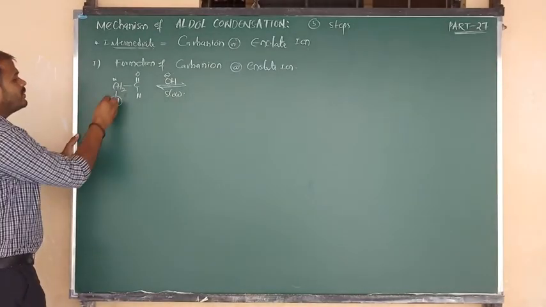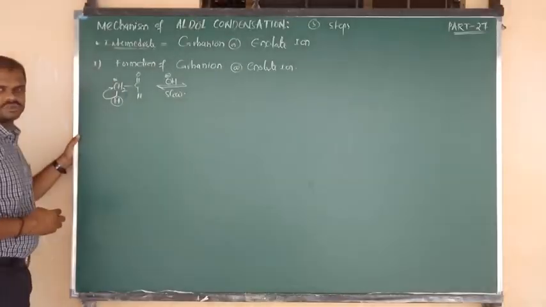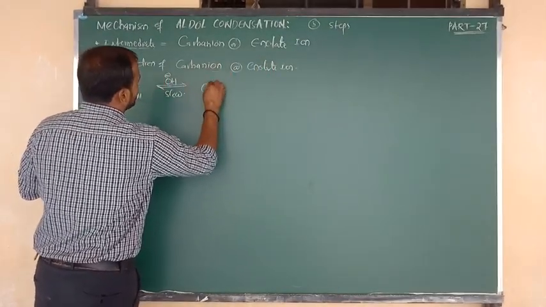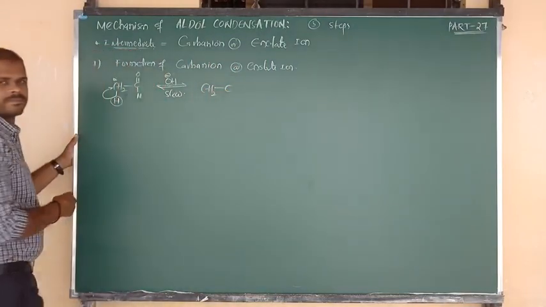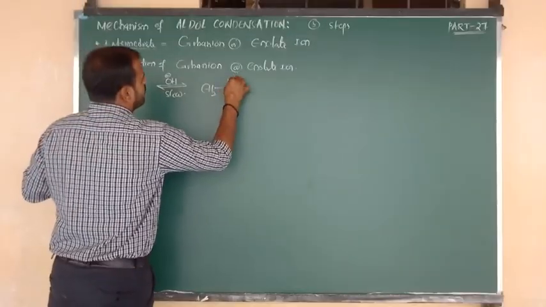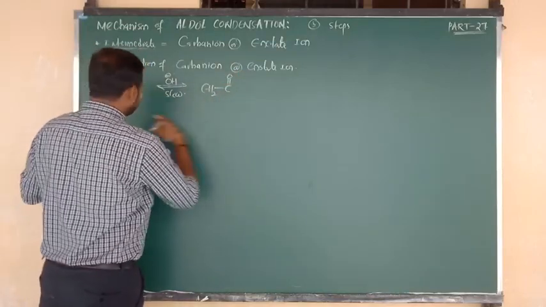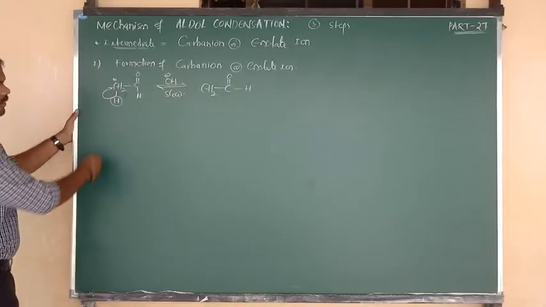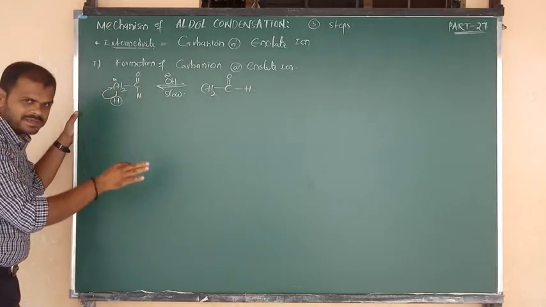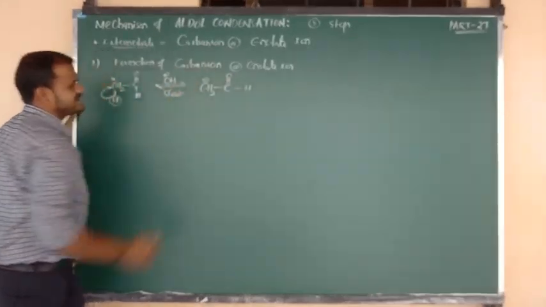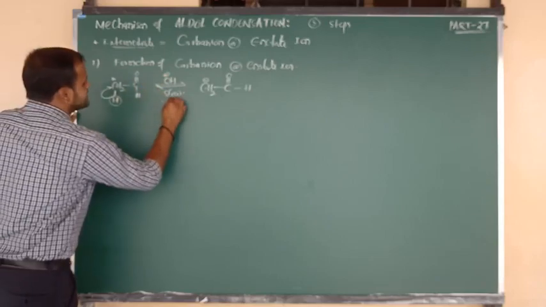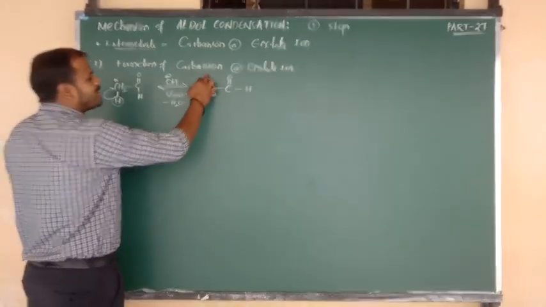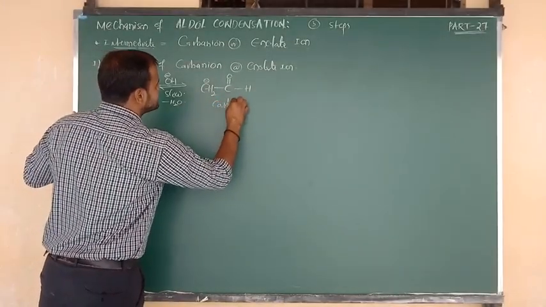And what about this bond? This bond is delocalized towards the CH2. Now we can write CH2 bonded to C, with double bond O above the plane and H below the plane. You can also write it as an equation. Now listen carefully: from the alpha carbon we remove H plus, so the alpha carbon contains a charge of minus 1. The H plus combines with OH minus and is eliminated as a water molecule. So here carbon contains a negative charge, which means it is a carbanion.